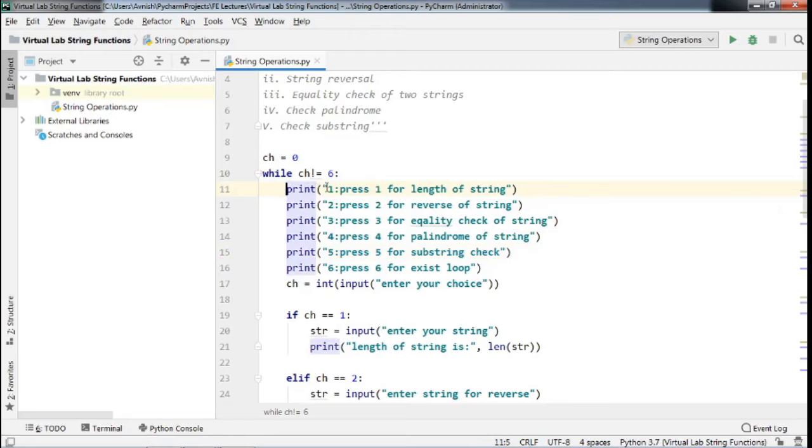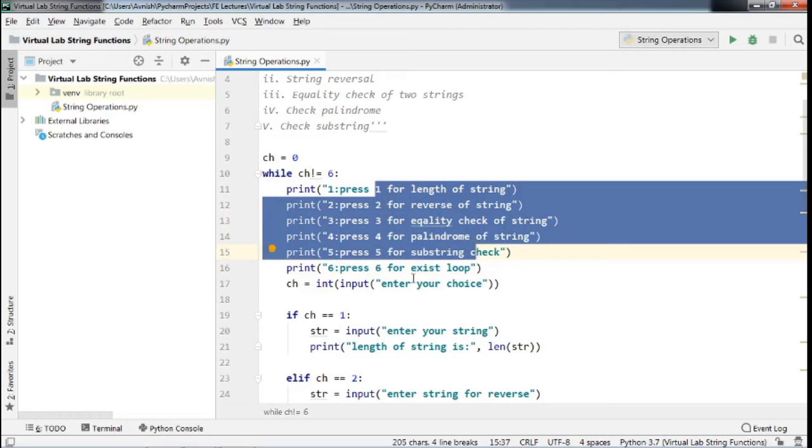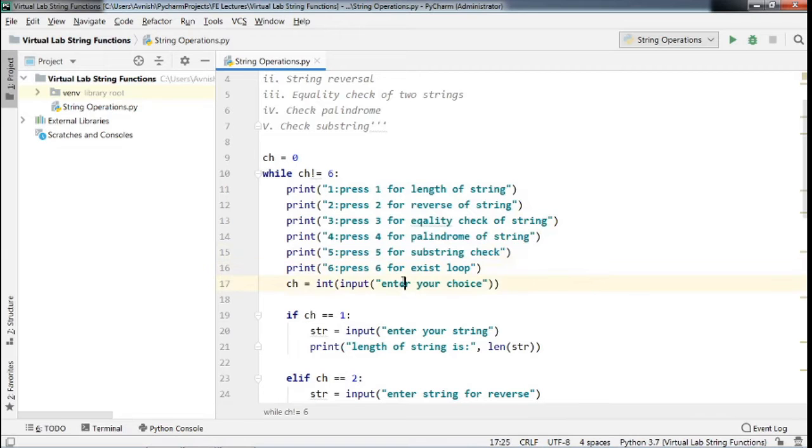First, if the user wants to calculate the length of a string, then he presses 1. If he wants to reverse the string, he presses 2. To check equality, he can press 3. If he wants to check whether a particular string is a palindrome or not, he can press 4. For the substring check, he can press 5. Now here the 6 operation we have taken for exiting the loop. Suppose I want to evaluate all our operations and now want to exit from my program, then I can press the value 6.